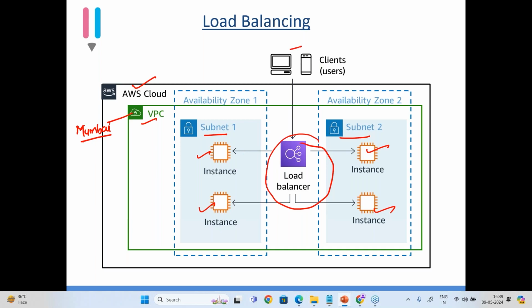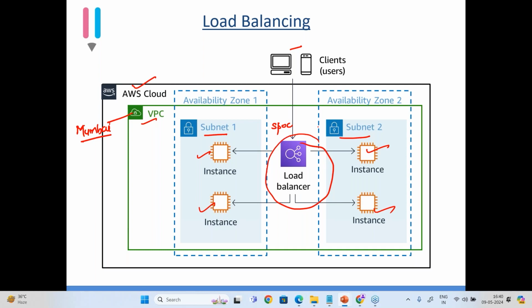And these 4 servers are Facebook servers. So as a client, when you type www.facebook.com in your browser, this request will first be handled by the SPOC, the single point of contact. It will then distribute the request among the servers. The different availability zones are the reason for having high availability. If our infra is only in one availability zone, we will not get high availability, so we always look for high availability. That's why the deployment is in different availability zones. You can see that your servers are distributed among different availability zones.